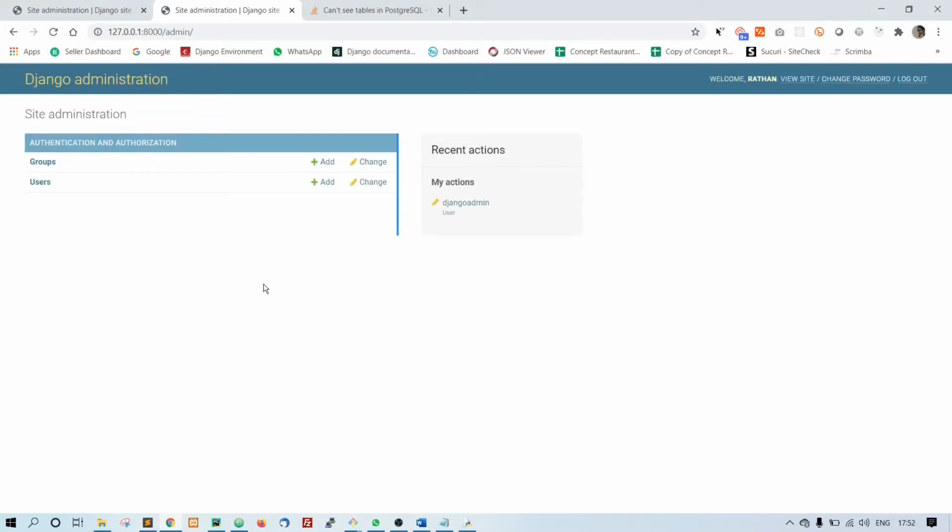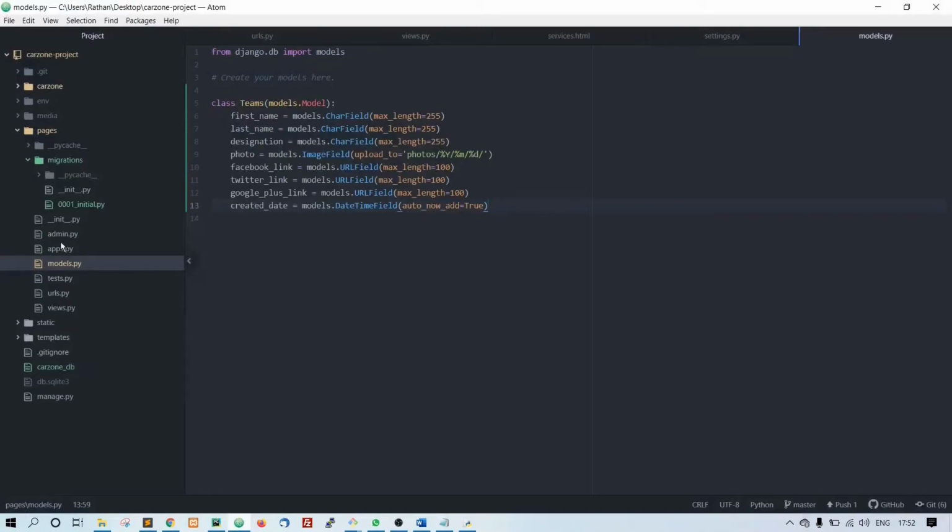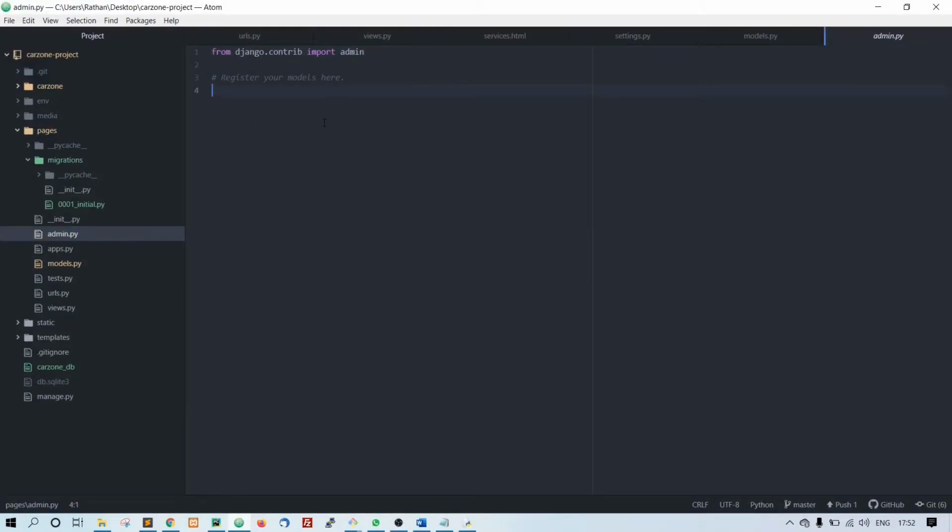So here you can notice we don't have our model showing up in this place. This is because we have not registered that model inside our admin.py file. We always have to register our model into the admin.py file. So come down here, admin.site.register, and inside this type in Teams.